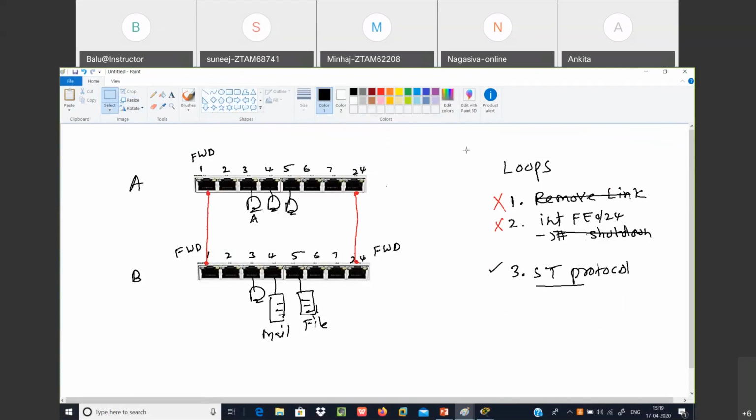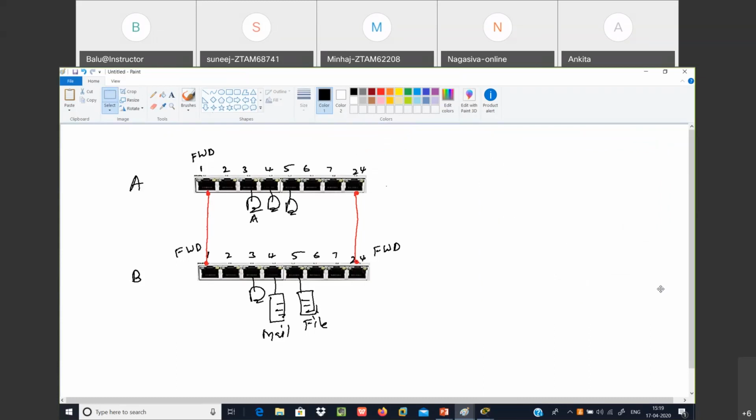Did you copy that diagram? When the solutions also like remove link, shut down. Good, good. Okay,